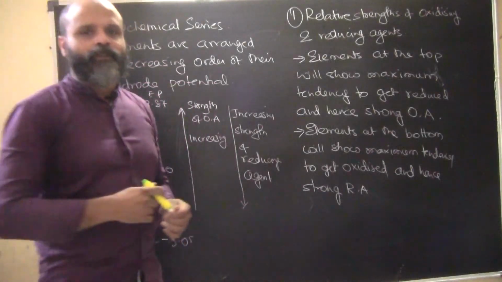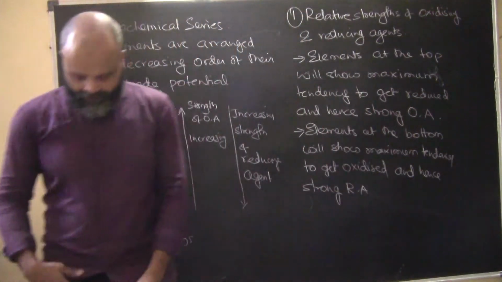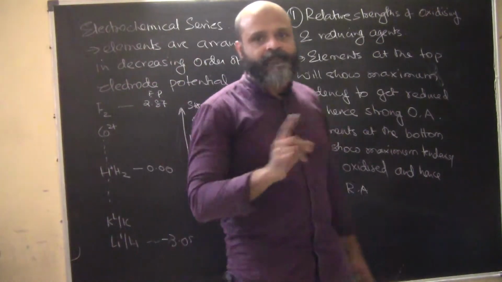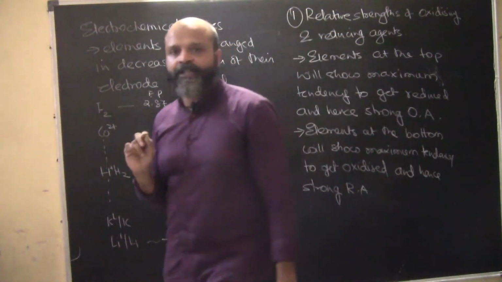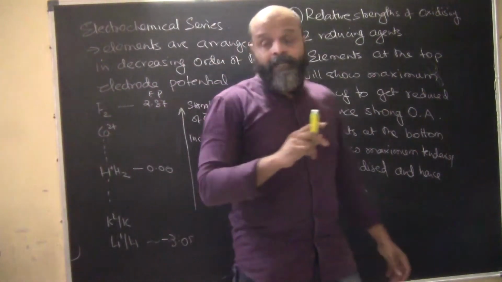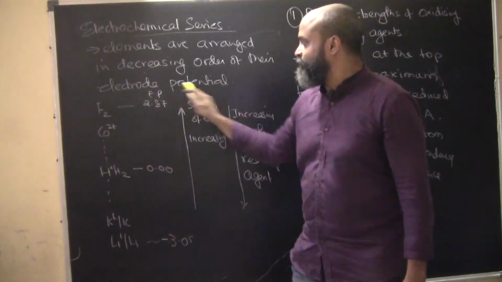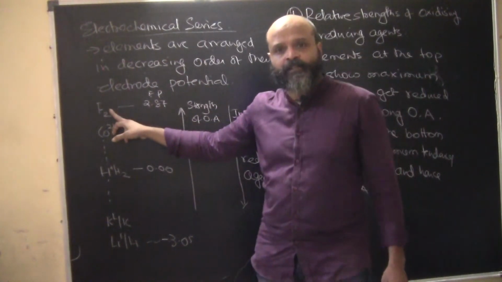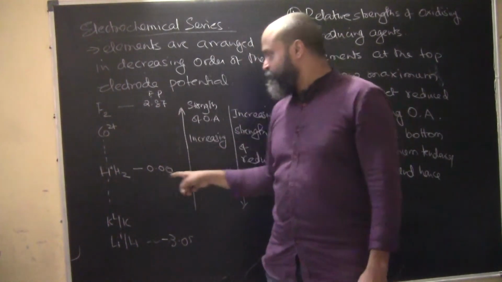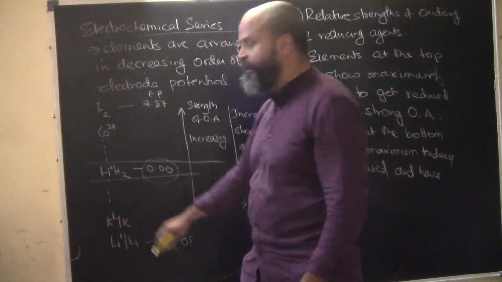Okay, guys, we are going to cover the remaining part of electrochemistry. As we have studied earlier, the electrochemical series, we have seen it. Now we'll consider the applications of the electrochemical series. We have seen how it is arranged: the elements are arranged in decreasing order of their electrode potential. At the top we have fluorine, at the bottom we have lithium, we have many elements in between, and we have hydrogen somewhere in between, which has an electrode potential of 0.00 volts.